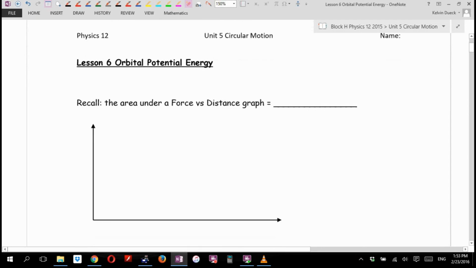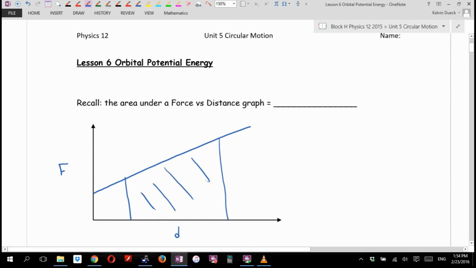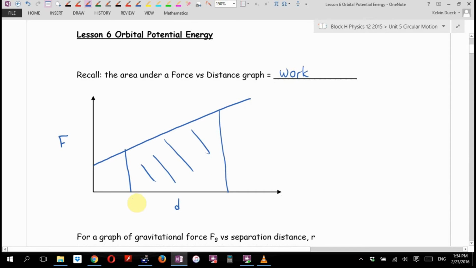I wrote down here, recall the area under a force versus distance graph is work. I'm going to go even more fussy. If I call this x1 and if I call this x2, the work required to move